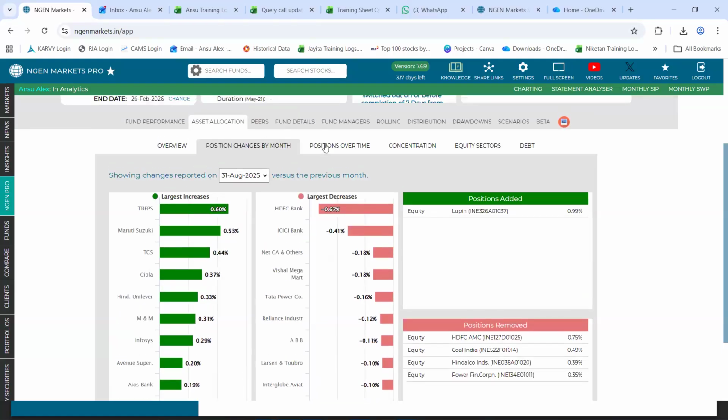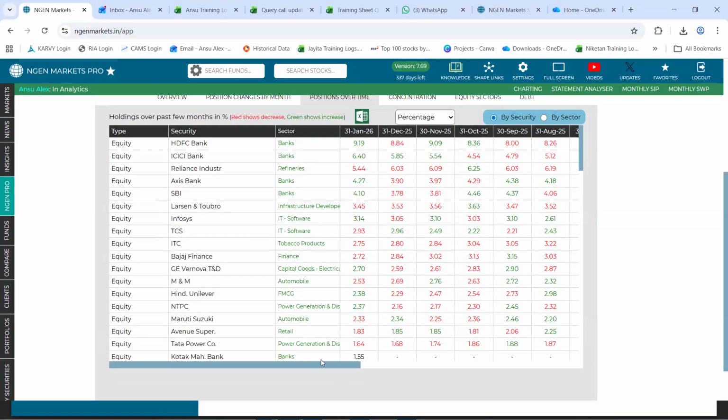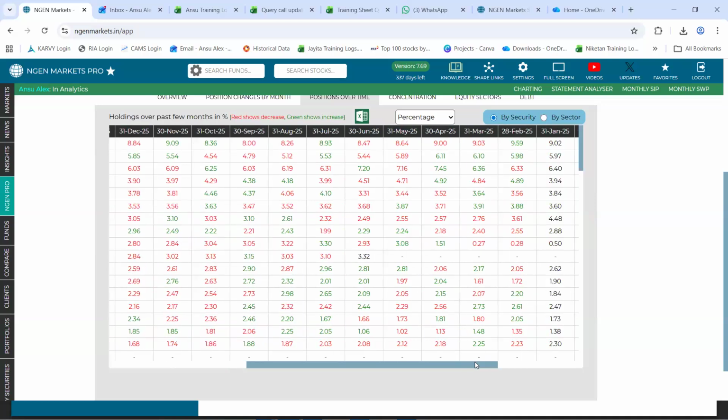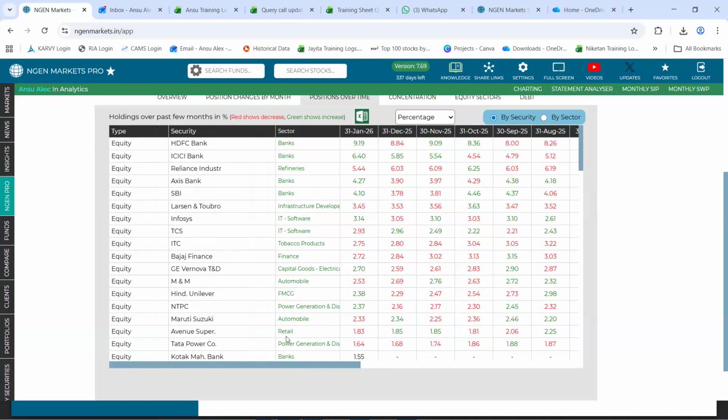Following that, we have the tab called position over time, which shows a period of 12 months in history; you can simply use this small scroller and move towards the right. So it says, for the period of 12 months, how has this fund's portfolio changed?